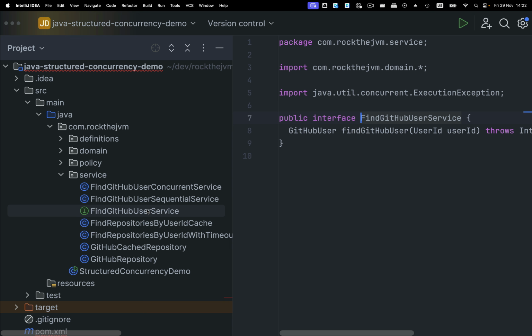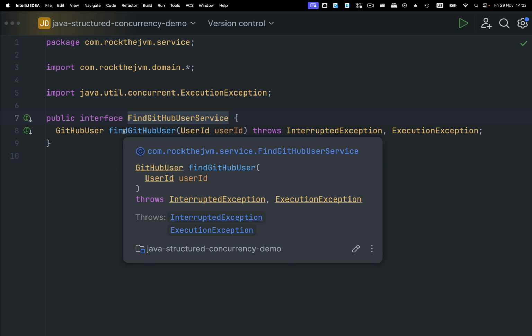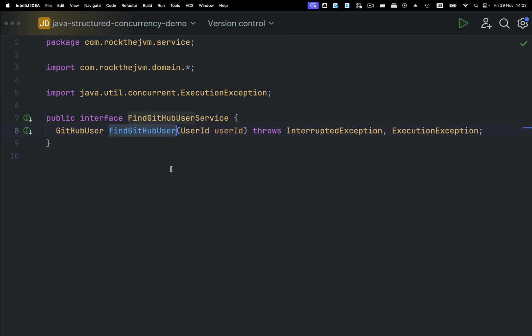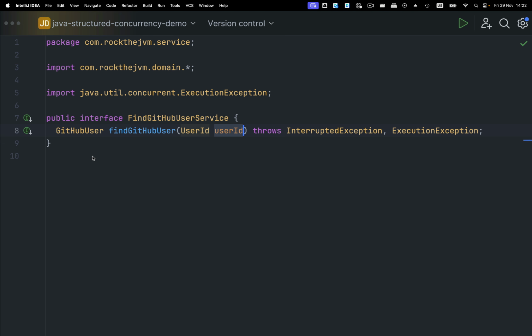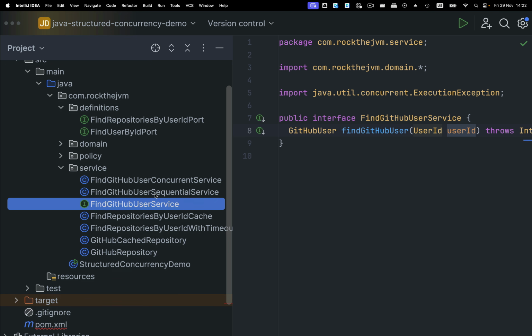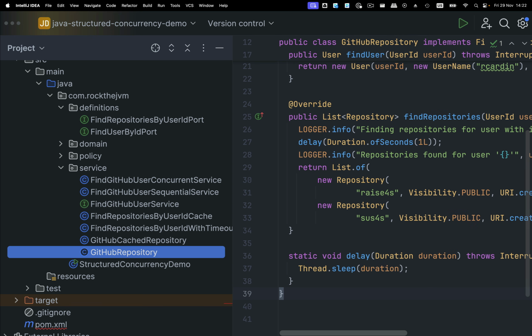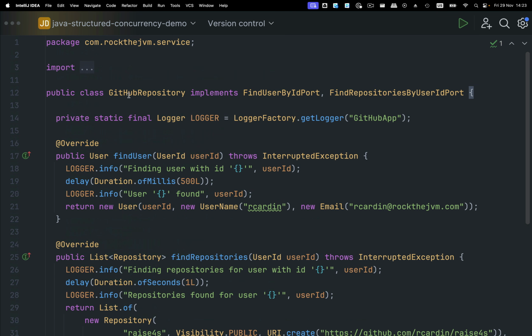But in principle, we have an interface called FindGitHubUser. So we can obtain a GitHub user by a user ID and also fetch their repositories by these interfaces. And we also have a bunch of services that are already implemented. For example, this GitHub repository is a class that implements both of the ports that I described in the interfaces